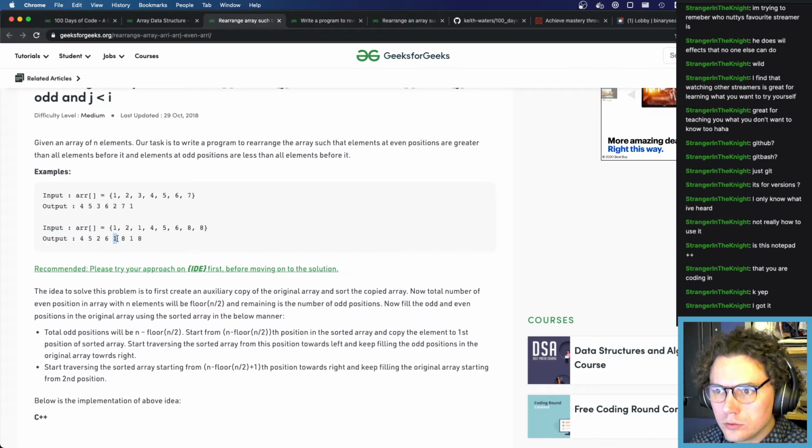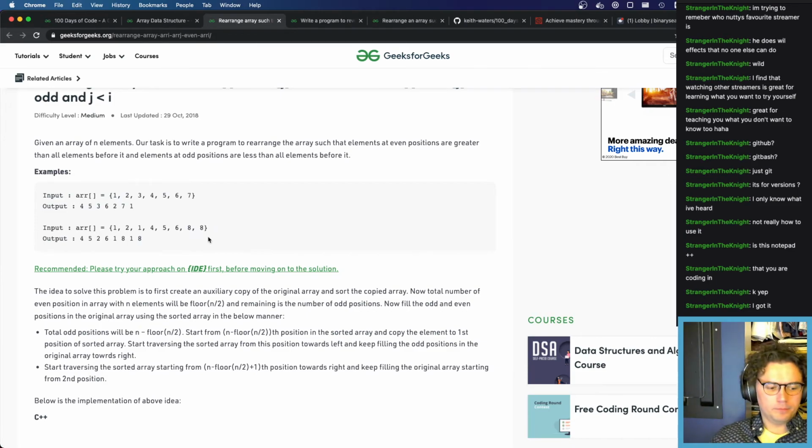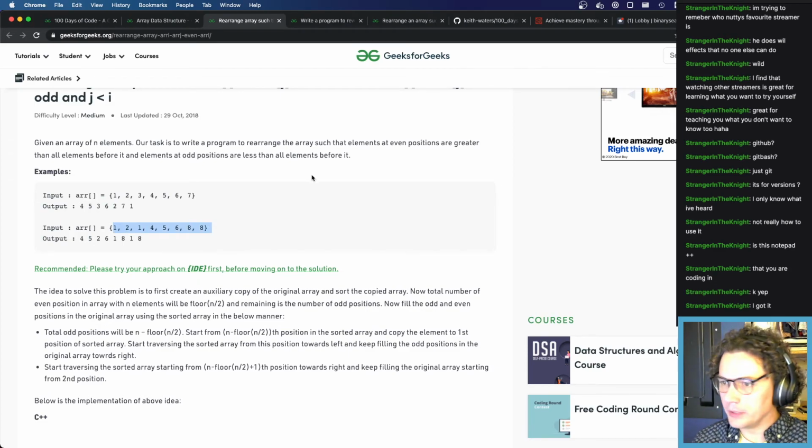Four, two, one, 5, 6, 8, 8. Oh, so it doesn't actually matter what this is. Doesn't matter what the value is. You're just sorting by index. Well, it kind of matters what the value is, but